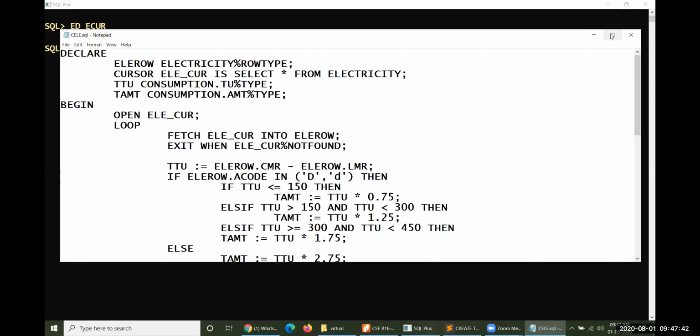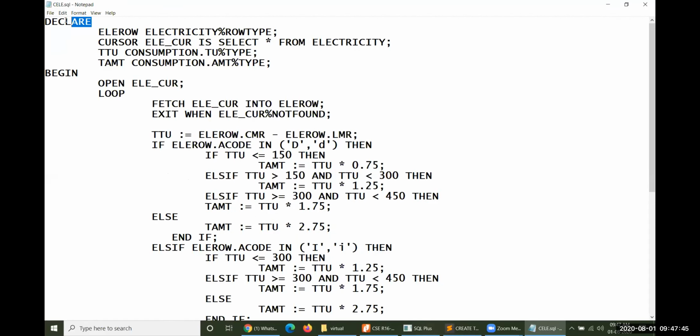I don't remember. Okay, so yesterday I made a mistake here. Instead of DECLARE, I wrote something else. So that is the problem over there. And I have taken a row type variable, which is electricity%ROWTYPE, and the cursor has been declared something like this. Whatever data is available with electricity will be stored into this row type, ELE row. And then I need to identify total units, and how much amount has been paid to the electricity department. So the row type has been declared and the cursor also created.